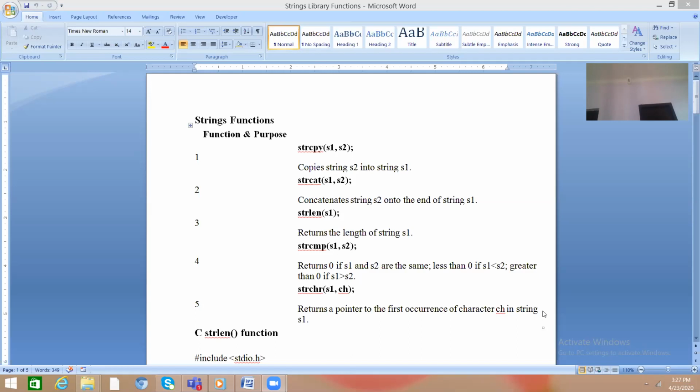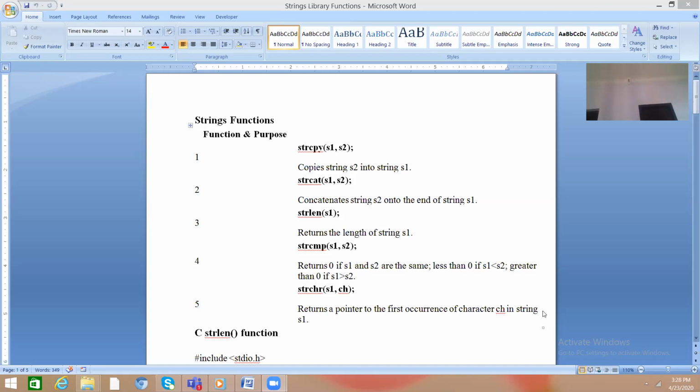Okay, so how to write a program using these string functions? I will just discuss some programs using these library functions. All these are library functions.